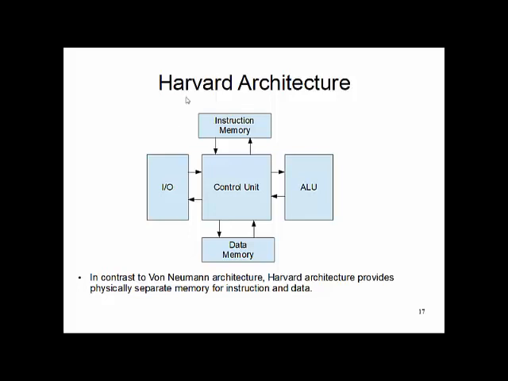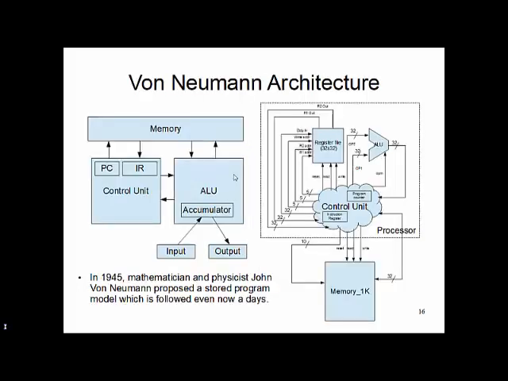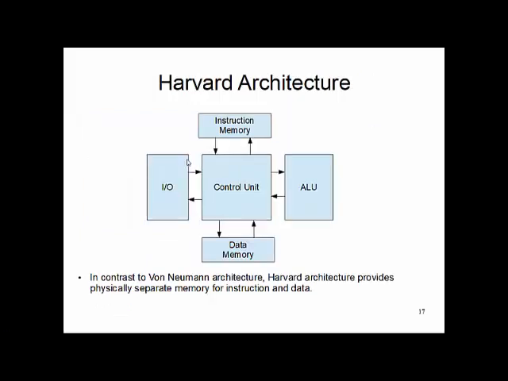Now this advantage is also taken in the modern computing system. We call it a cache. So you probably heard that terminology: cache system, data cache, instruction cache, and so on and so forth. At that level, we basically use the Harvard architecture, but the overall computing system still follows the von Neumann architecture. So you can say in a nutshell that all modern computation systems follow a mixture of von Neumann architecture and Harvard architecture. All right.